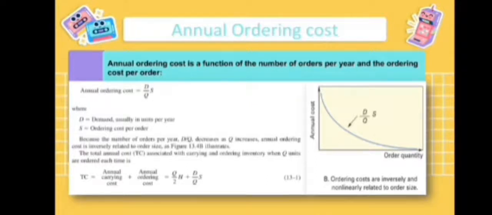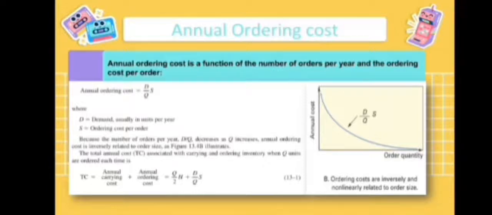Because the number of orders per year, D over Q, decreases as Q increases, annual ordering cost is inversely related to order size, as Figure 13.4b illustrates. The total annual cost, or TC, associated with carrying and ordering inventory when Q units are ordered each time is